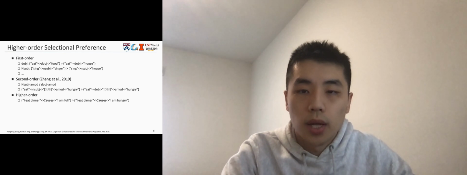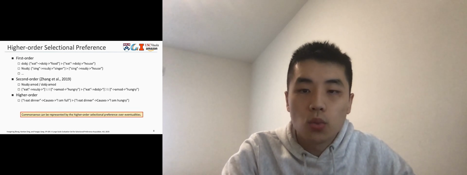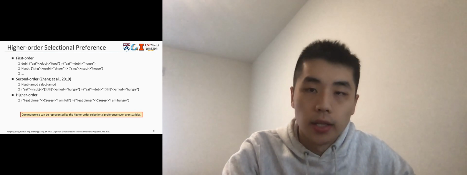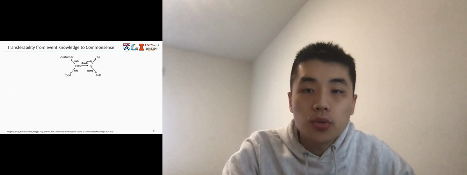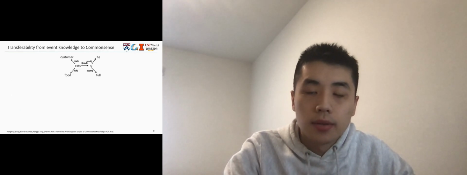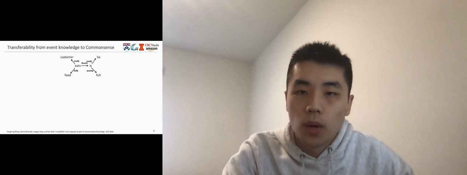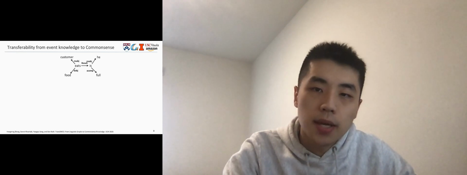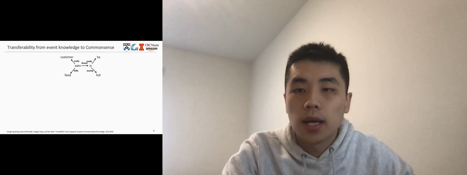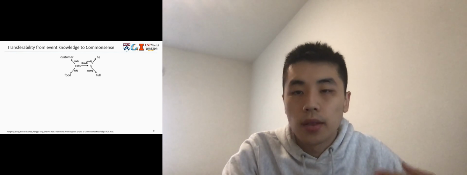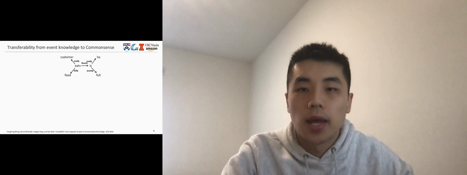We need to view each eventuality as a whole. So to summarize what we have discussed so far, the common sense can be represented by the higher order selectional preference over eventualities. To demonstrate that the preference knowledge about eventualities, most of them defined on linguistic relations, are indeed the common sense we want, this Trans-OMCS paper tried to convert a linguistic-based eventuality KG into human-defined common sense knowledge, like ConceptNet. And it turns out that there are many interesting patterns and overlaps between those linguistic relations and the human-defined common